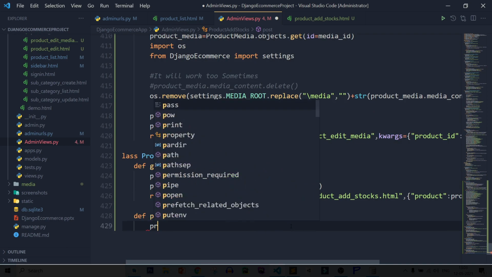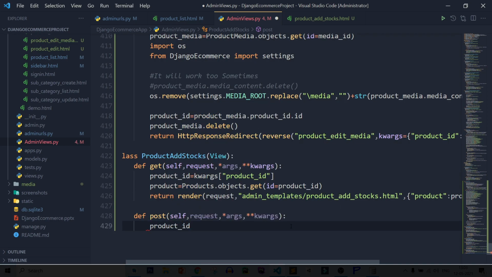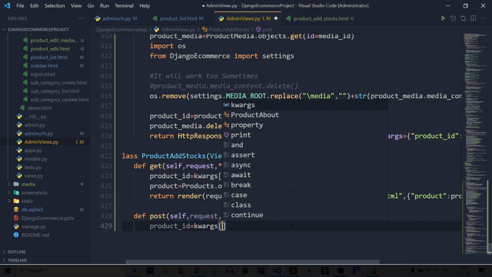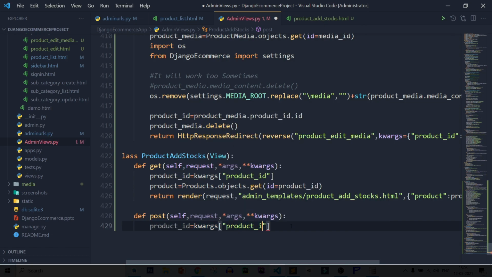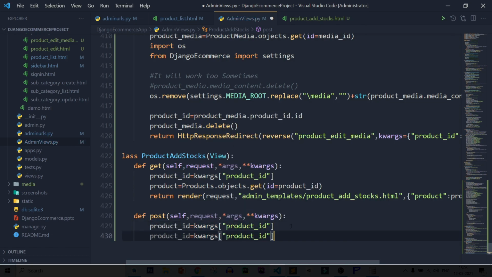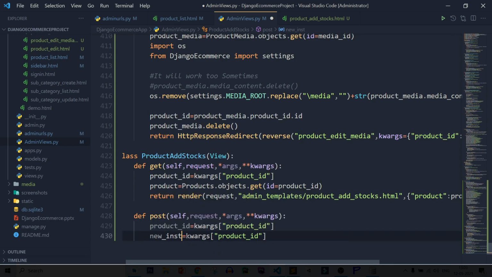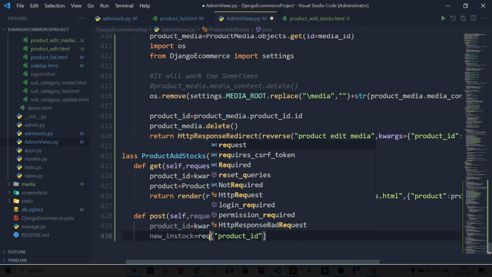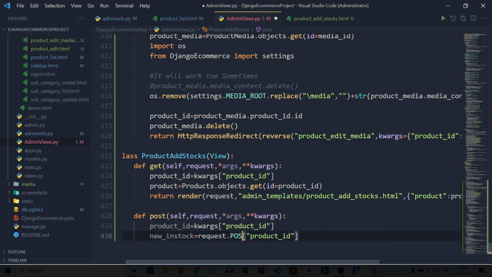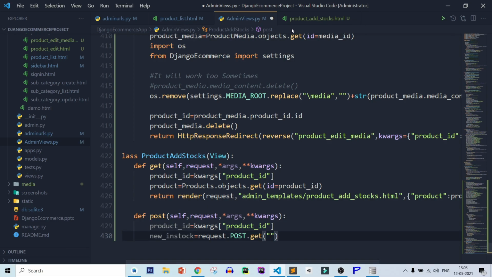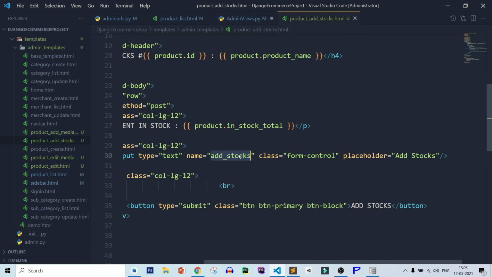After that, product underscore id equal to kwargs product underscore id, new in stock equal to request dot POST dot get. Let's see, key name, add stocks.